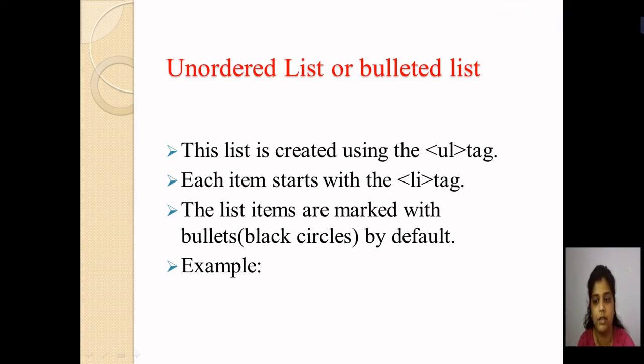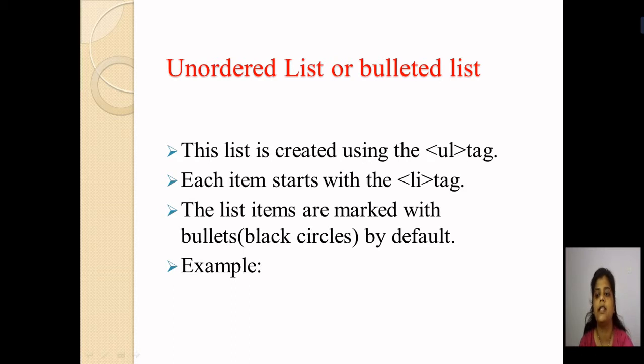Hello students, in the previous lecture we have seen how to create an ordered list. What was the use of an ordered list, and how do we create it? The ordered list was created by using the OL tag, whereas to mention each item in the ordered list the li tag was used. The li tag was used for listing purposes, to list the items in the ordered list.